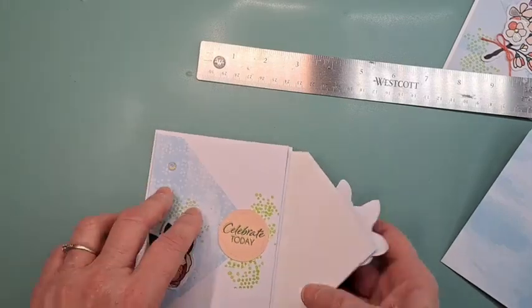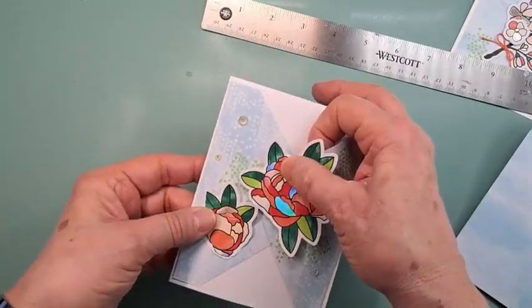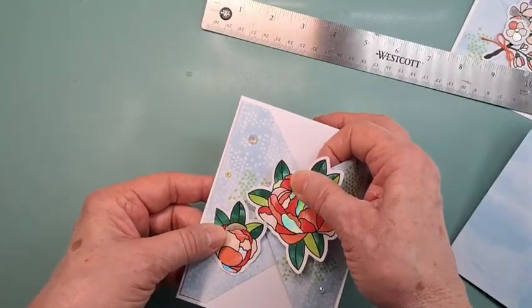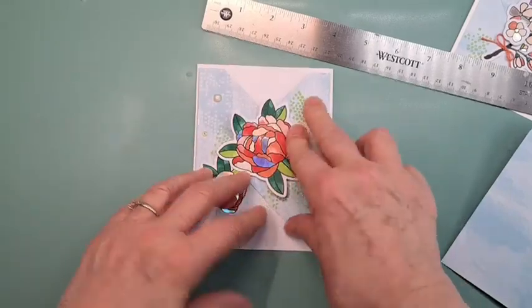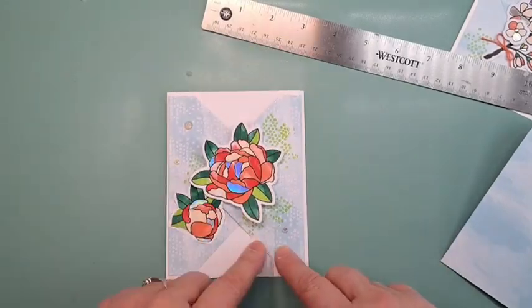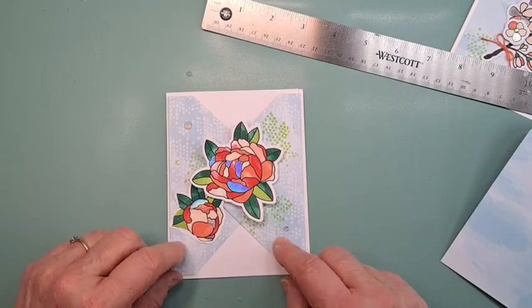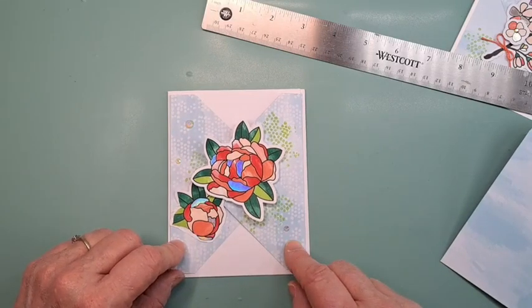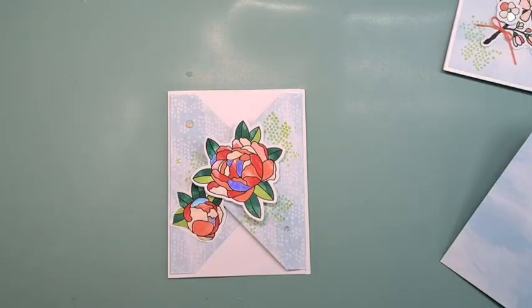And then as I thought about it, I decided I wanted this to be able to just tuck under here to kind of help hold it closed. Now, if you wanted, you could put a little saying down here, whether you stamp something here, like if I stamped it in black, you could see it really well there. I was thinking something like maybe hello friend, or for you, something like that,